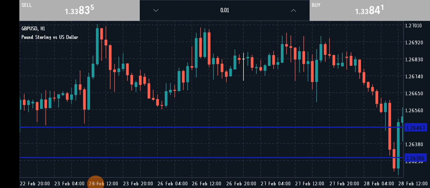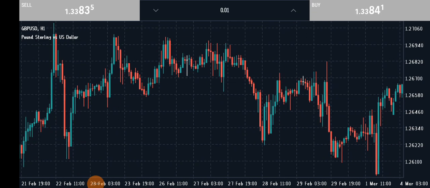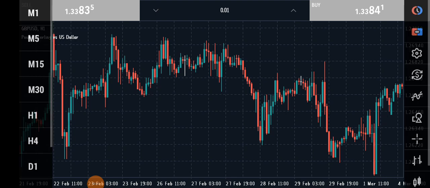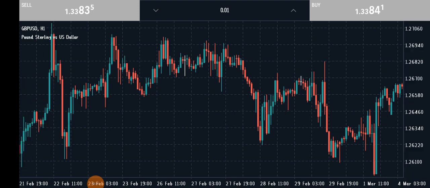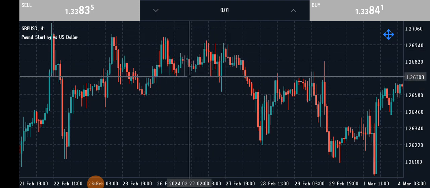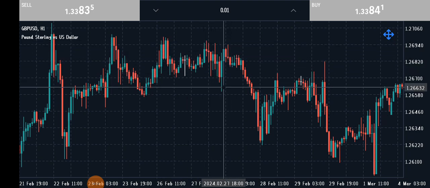You understand? So let's look for another random chart to explain breaks of structure. Alright. So for example, you can see that this height here was the beginning of your red candle. This was the beginning of your green candle. This height was the beginning of the red candle. This height was the beginning of